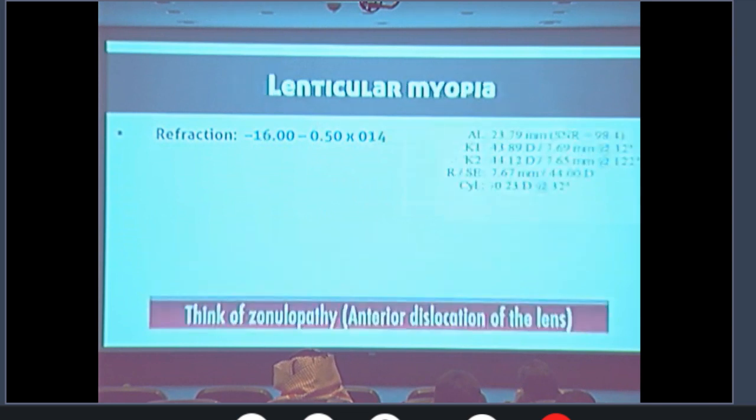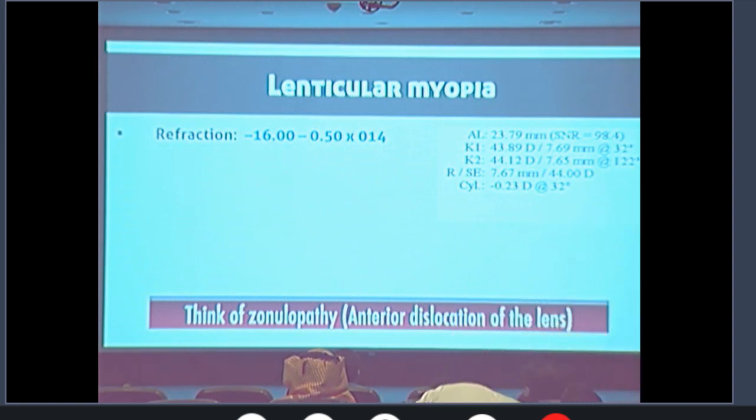Clear? If you have a patient with normal axial length and normal or average K readings, 44, you expect that the patient will not become minus 16, for sure. So why is he minus 16? Maybe the position or the shape of the IOL. Maybe there is anterior dislocation of the lens, or microspherophakia. You have to think in a different way. You have to re-examine the patient and make sure that there is no zonulopathy or